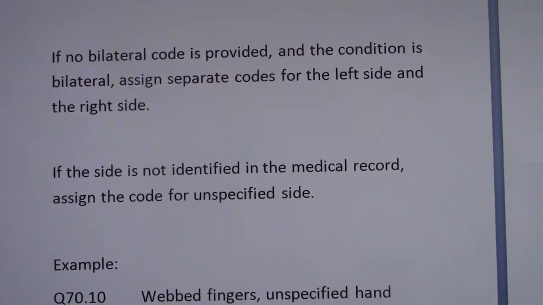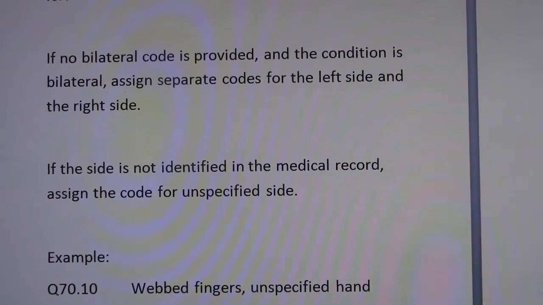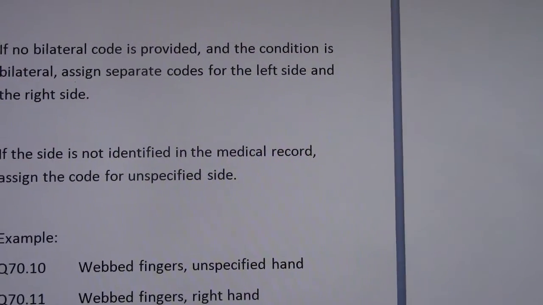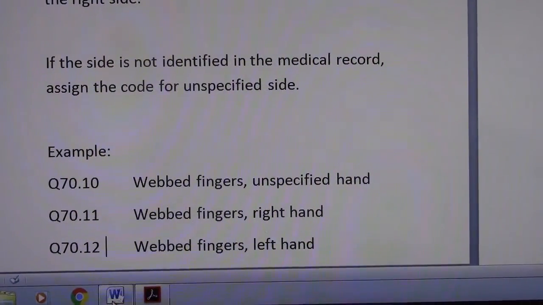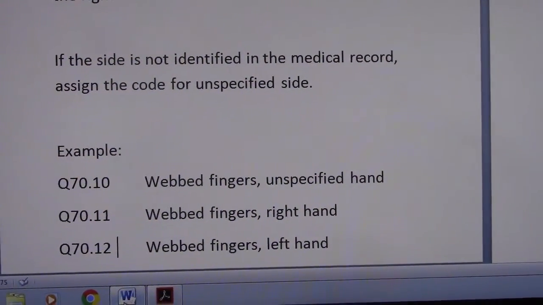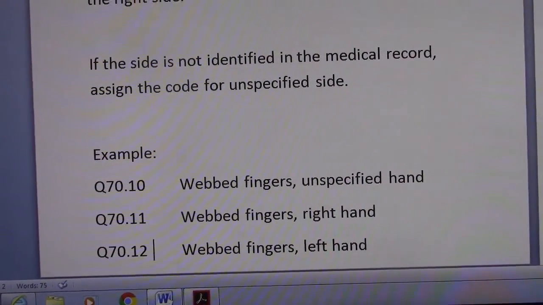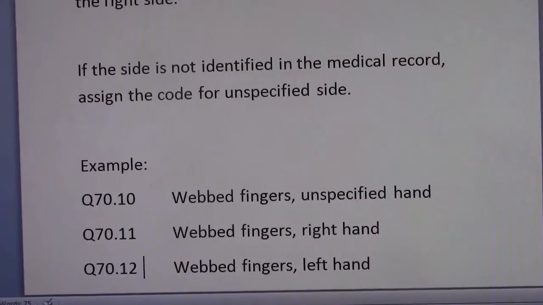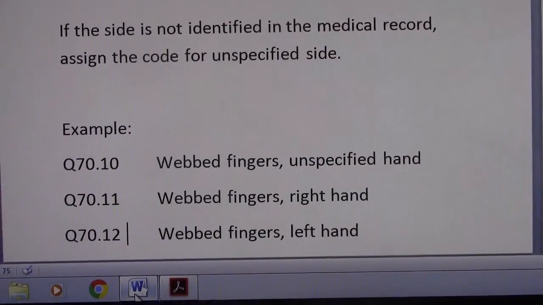And I've seen that quite a bit. They won't tell me. They'll just tell me the patient has a fracture, and they don't tell me what side. A lot of times I'll go to the x-ray and see what the x-ray says, right or left. Now, for example, webbed fingers. If you look up webbed, W-E-B-B-E-D, and it's unspecified hand, it will give you code Q70.10. If it's of the right hand, it's Q70.11. If it's of the left hand, it's Q70.12. And if it's bilateral, it's